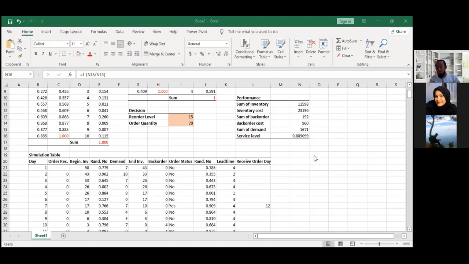This is just one company, right? So the problem is like this. For this single company, let's say just for example, reorder level equals 15 and order quantity equals 70 is the best decision. But this order quantity will be the demand of our supplier. When the demand of our supplier is 70, maybe this is not the best demand for our supplier.